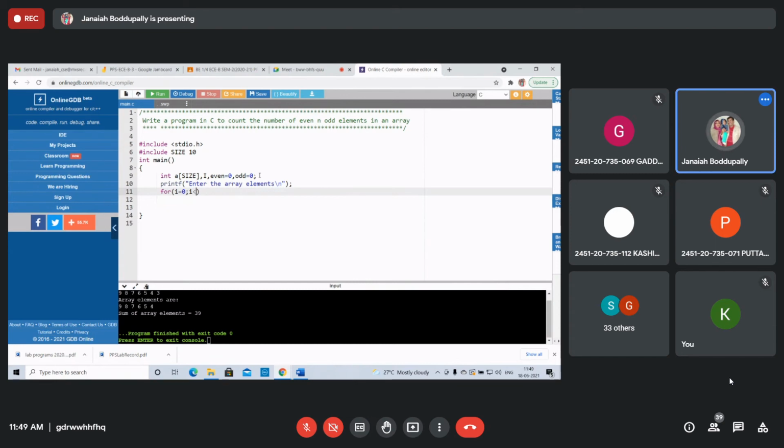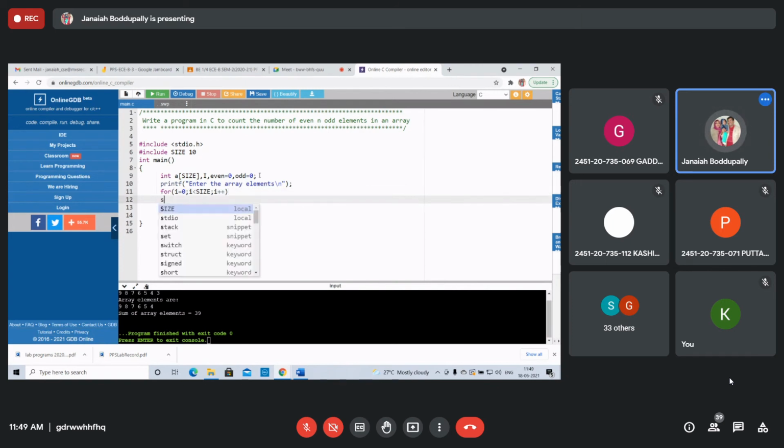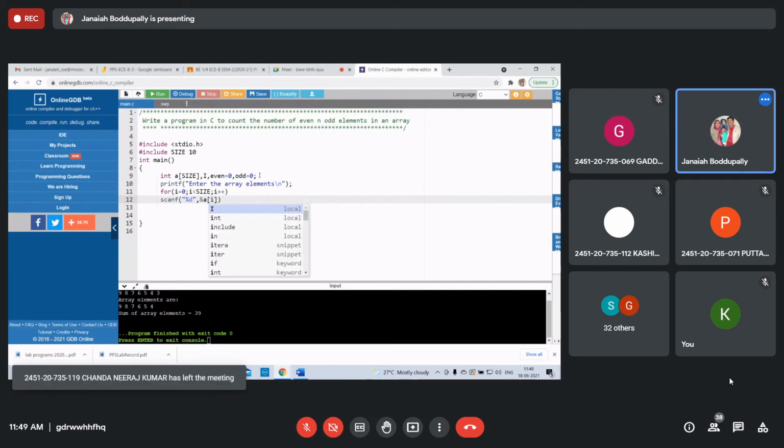I less than size. Yeah, we already defined size I plus plus. Right? Same like scanf percentile d ampersand of A of I. That's it. Then feeding the elements.